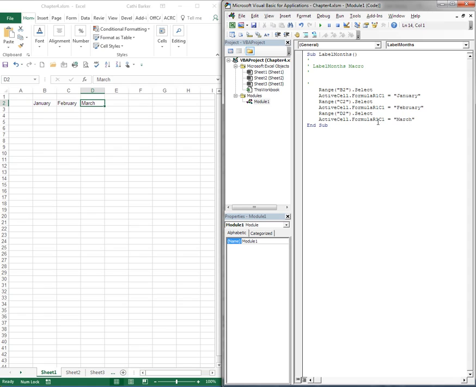Now whenever I see the word FormulaR1C1, that usually rings alarm bells in my head that it was most likely done with a macro. What I would do if I was writing this is probably not use the term FormulaR1C1, but use the term Value. I'm going to click on one of these references to FormulaR1C1 and press the key combination